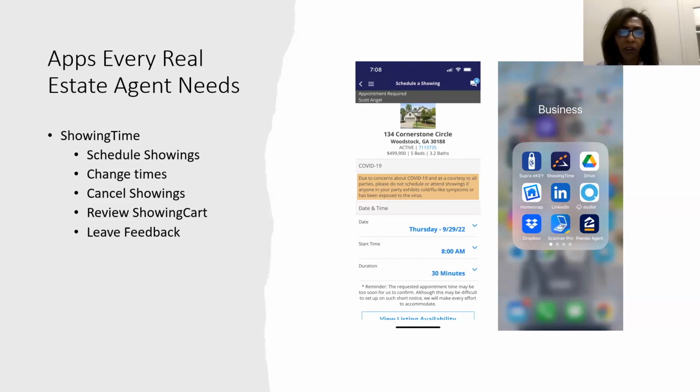Where is that button? I'm sorry, on ShowingTime? On ShowingTime, as you are actually at the showing, when you open up the ShowingTime app, it'll see that you're at the showing during the time that the showing happens. And there's a little button at the bottom that says notify homeowner when complete. And you just hit that button. Okay. Oh, thank you.